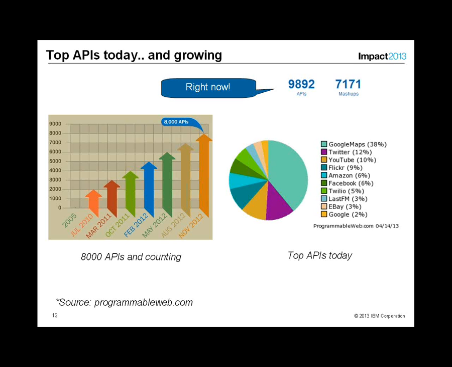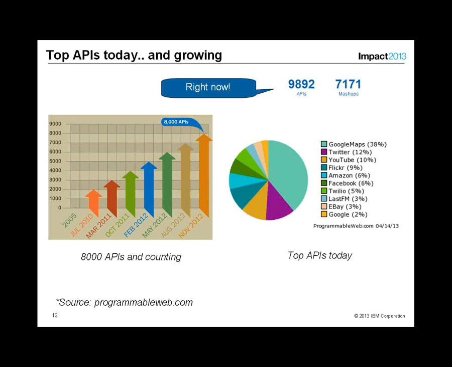If you look at the chart, look at the way in which the APIs are being consumed. Google Maps API is the most consumed API today, right? Twitter, YouTube, Flickr, Amazon, all of these are really very popular APIs today. And these are open APIs, right? This only means that there have been so many developers who have consumed these APIs and built applications